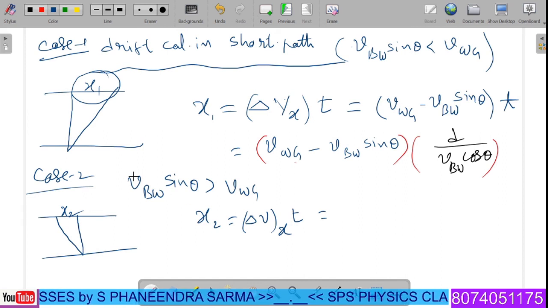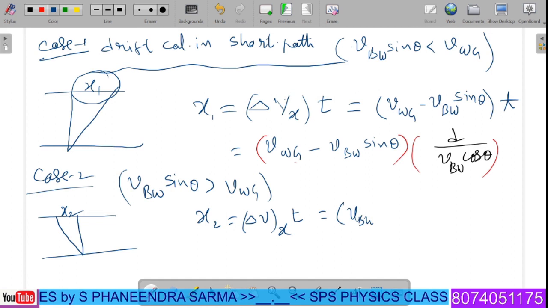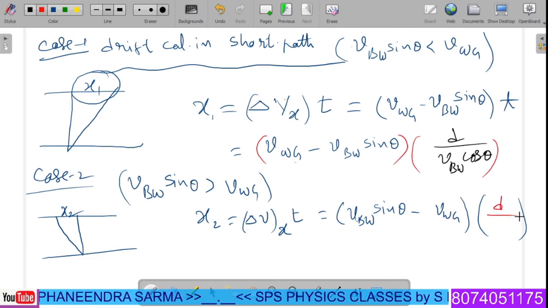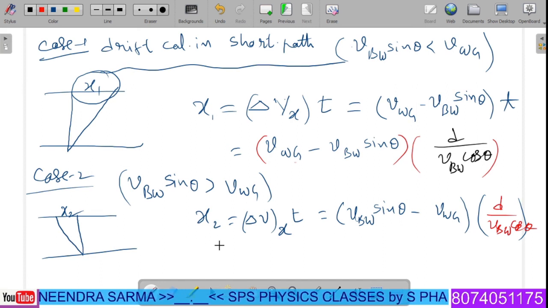That means which one is dominating here? VBW sine theta component. Therefore, VBW sine theta minus VWG times the time of journey, which will be the same. It won't change. Time of journey is given by d by VBW cos theta. So using this particular principle, one can determine the values of drifts in case of shortest path as well as shortest time. Now,